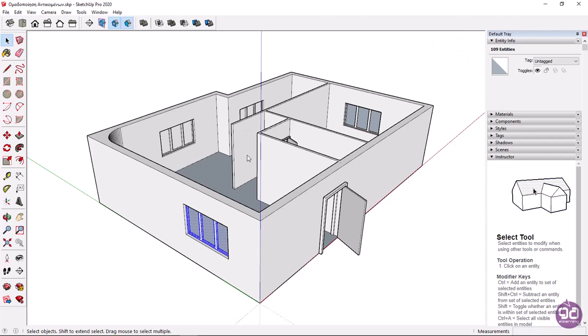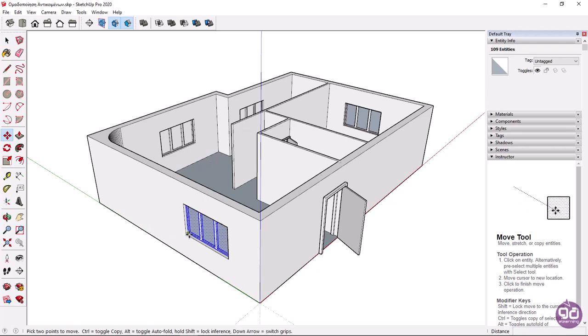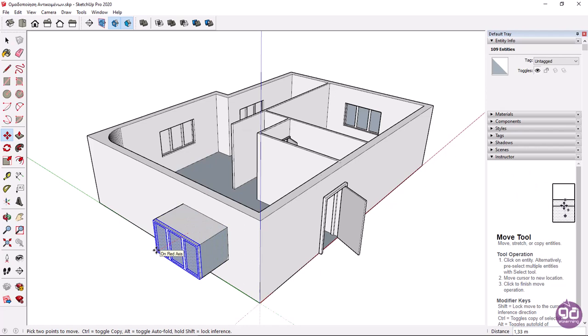With the window selected, I will activate the Move tool, and then I will proceed to move it a little. Notice that while you are moving the object, the window's opening is also affected. This happens because the program treats the window as an object that belongs to the building since the window entities